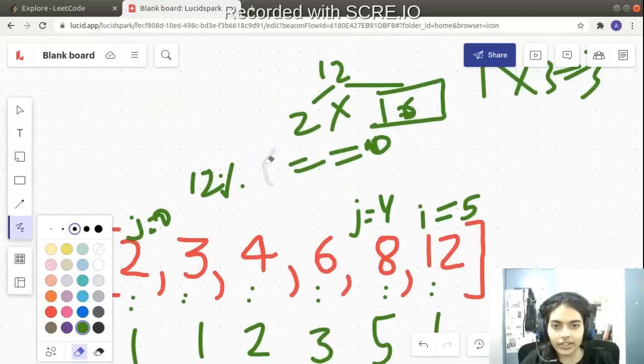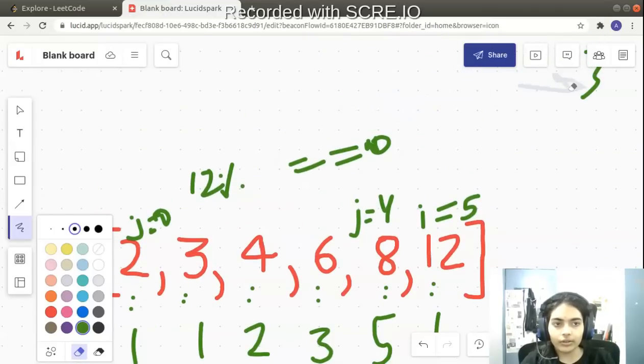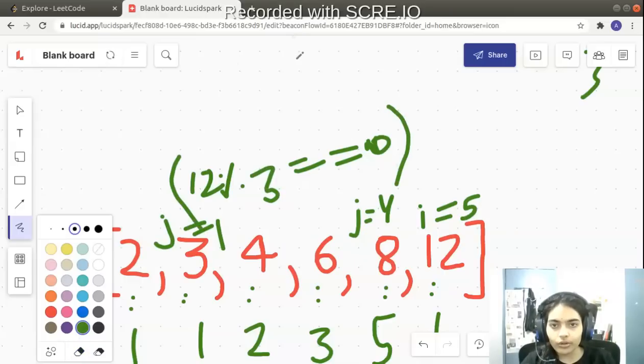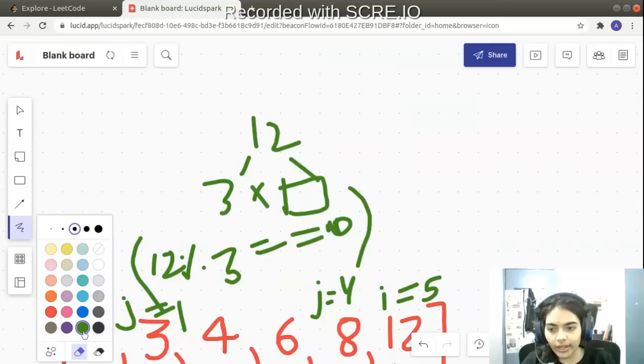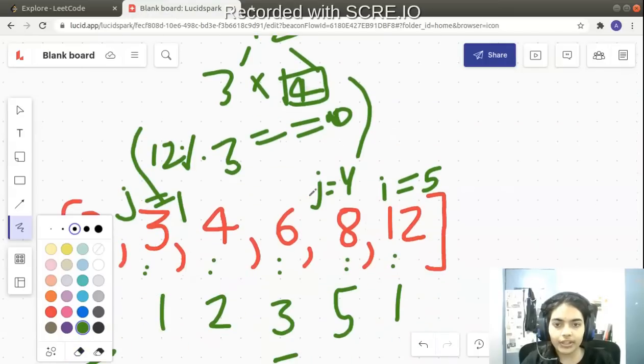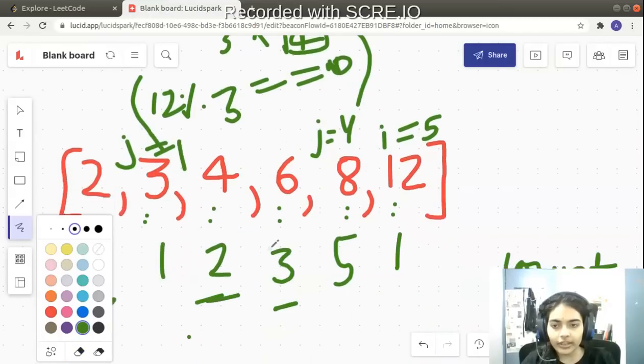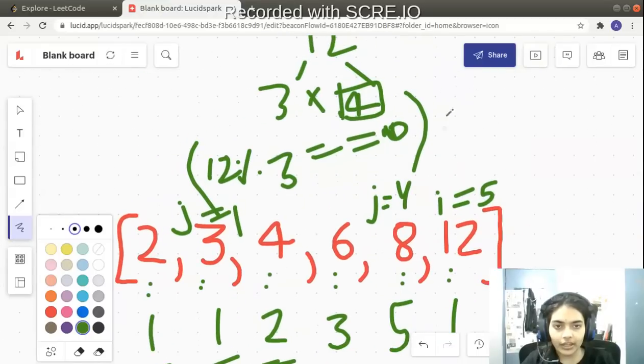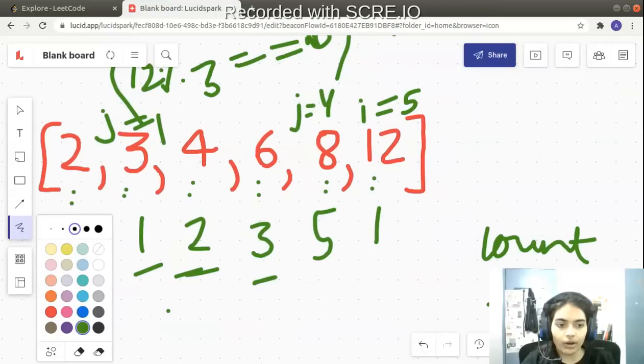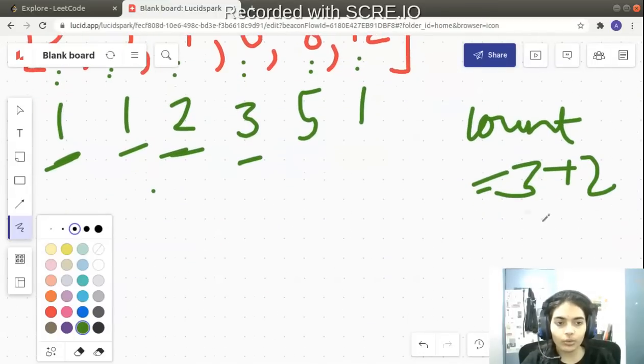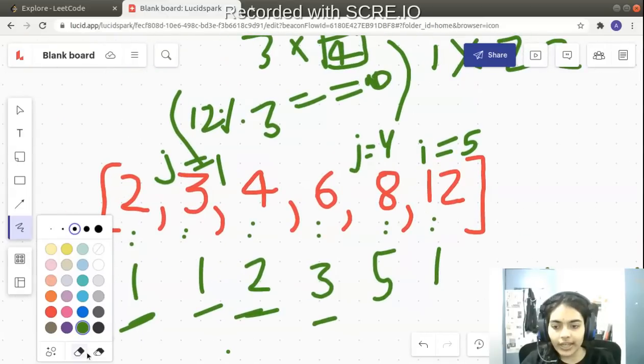So in the next iteration we will go to j equal to 1. So when j is equal to 1, we check if 12 mod 3 is equal to 0. This is also true. So maybe we can find a number that multiplies with 3 and gives 12. I've taken examples such that this is again easy and it's present in the map. So 3 into 4 is 12. So 4 is present, and there are two ways to form 4 and there is one way to form 3. So we multiply: 1 into 2 is 2. Okay, so we found again two ways. So we add that to count. So count was 3 and now we add 2 also to count.